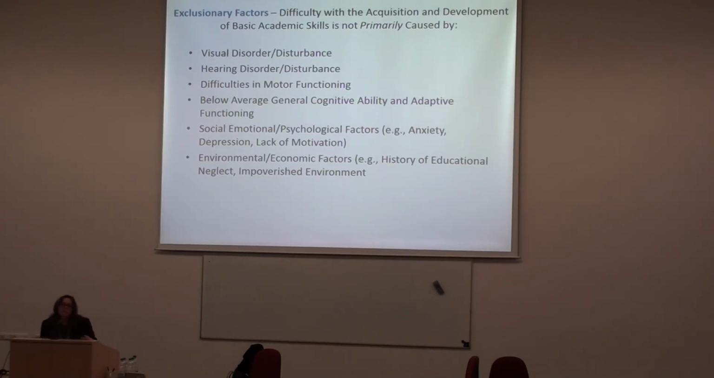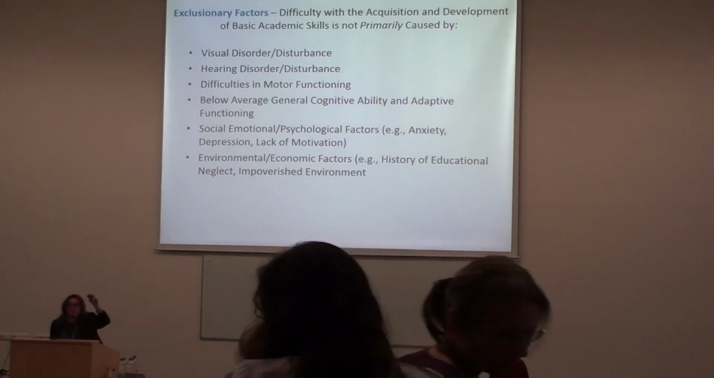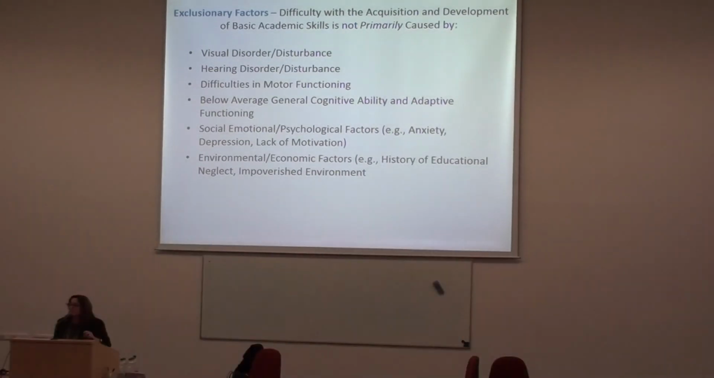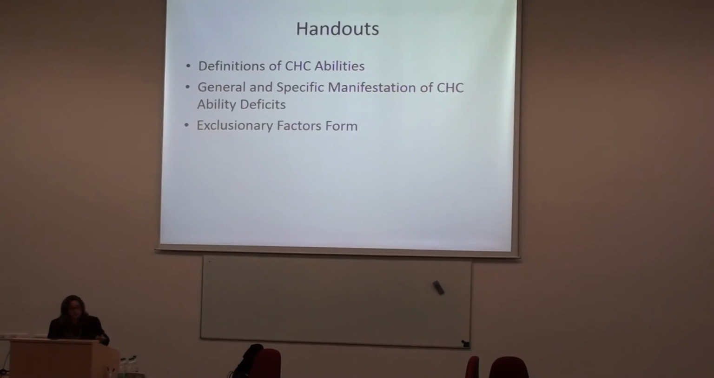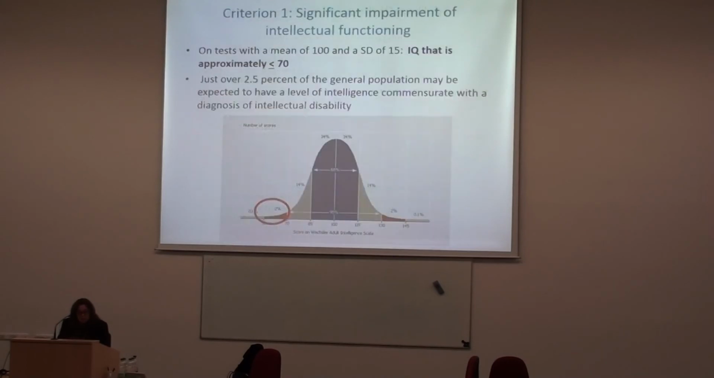In your handouts, we have an exclusionary factors form, so you can see each one of these areas, there are a lot of subcategories, so you can see the details about the exclusionary factors. So these are the handouts. You have the definitions of all the abilities. I've given you the tables on the specific manifestations, and I've given you the exclusionary factors form when you go to that link. And then finally, intellectual disability, and I know I'm actually out of time, so let me just